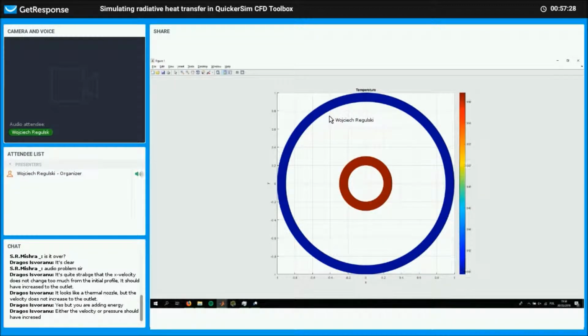So obviously, what would happen in the physical world is that the temperature of this outside cylinder would eventually become the same as the temperature of the inside cylinder, assuming, of course, that there's no energy exchange with the outside environment. But this is actually tricky numerically speaking, because if you prescribe a zero Neumann boundary condition here, so if it's an adiabatic wall, you would basically have to have a flux equal to 0 here,